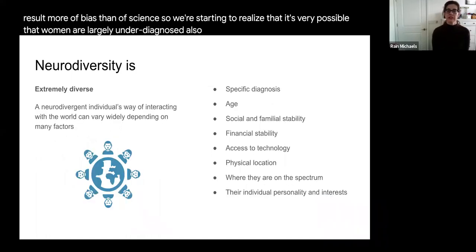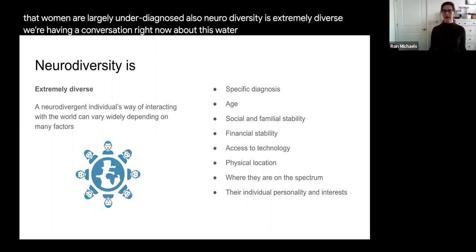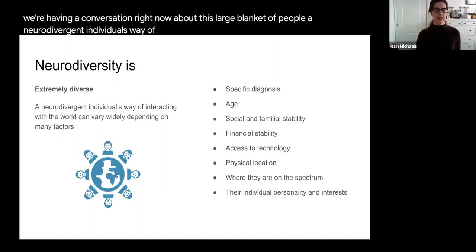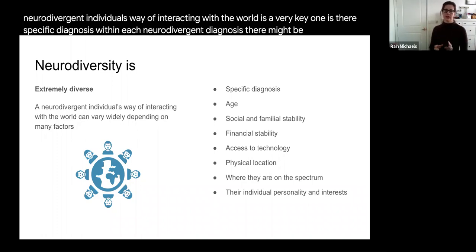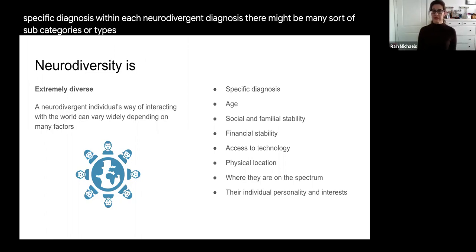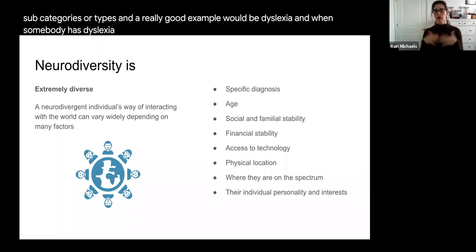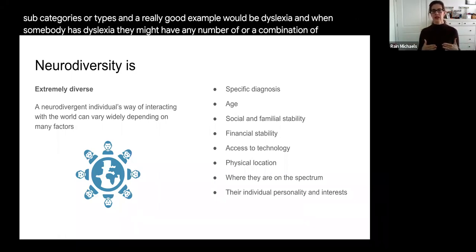Also, neurodiversity is extremely diverse. We're having a conversation right now about this large blanket of people. A neurodivergent individual's way of interacting with the world can vary by many factors. One of those factors, a very key one, is their specific diagnosis. Within each neurodivergent diagnosis, there might be many subcategories or types. A really good example would be dyslexia. When somebody has dyslexia, they might have any number of or a combination of different types of dyslexia,